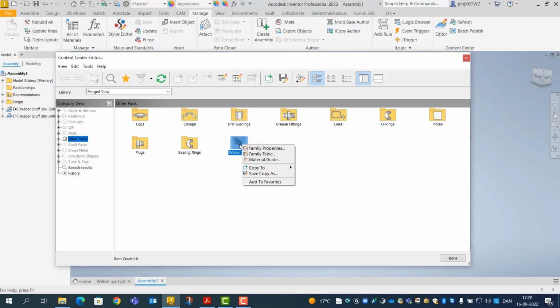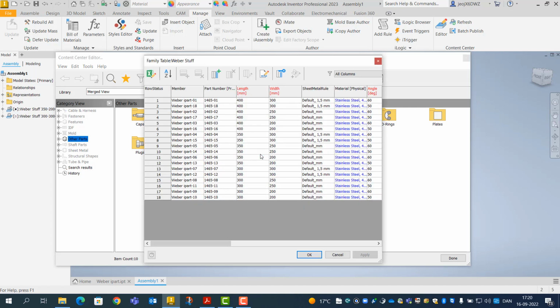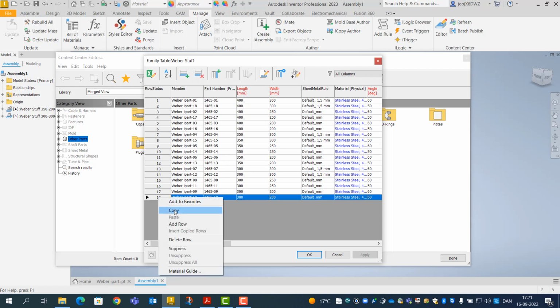I'm right clicking now. Then I can choose the family table. You see here, I actually have all the family table we have created from our iPad. If I decide, okay, I actually want another variation, then I can take one of them and right click, copy, and